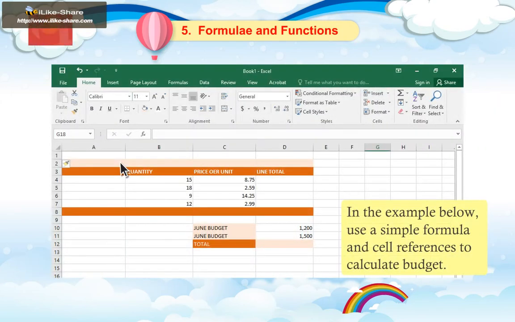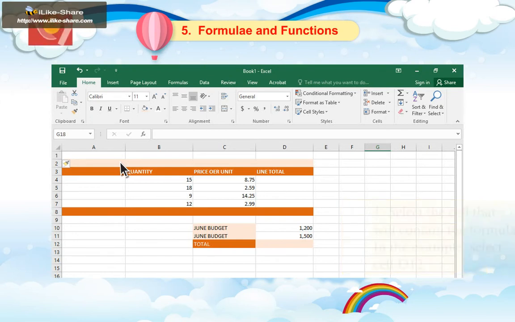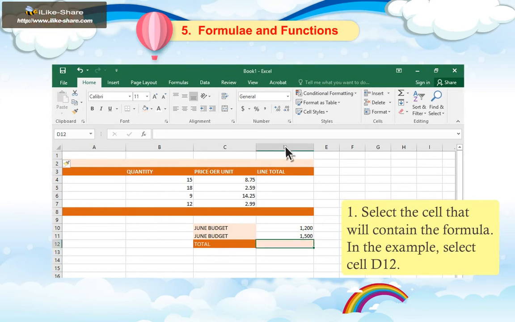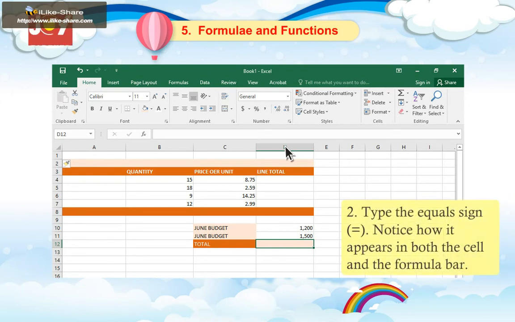To create a formula. In the example below, use a simple formula and cell references to calculate budget. 1. Select the cell that will contain the formula. In the example, select cell D12. 2.